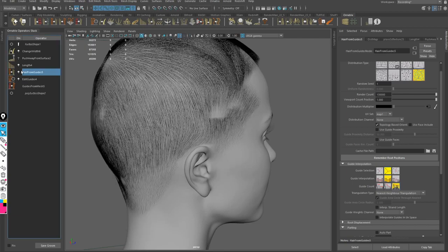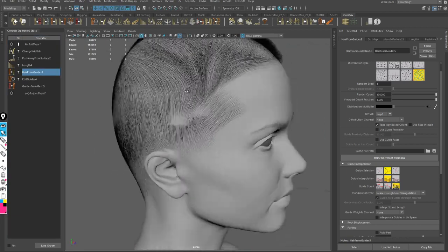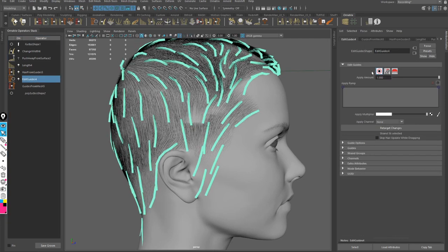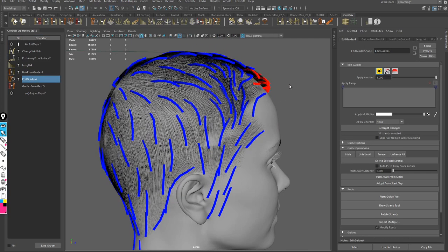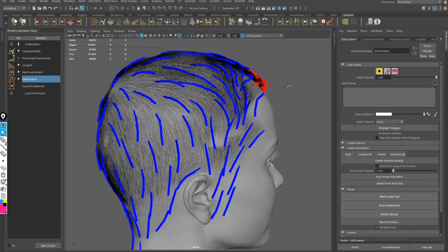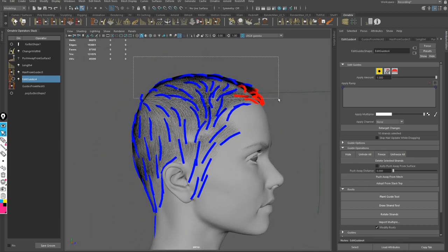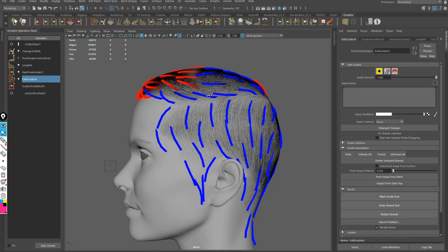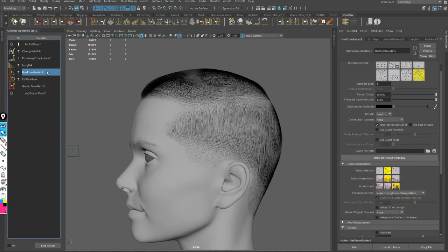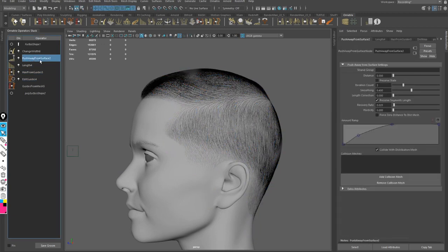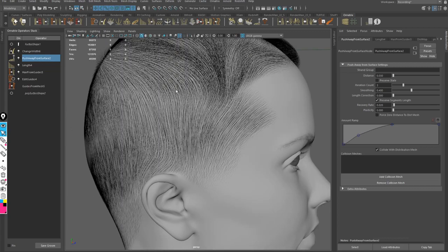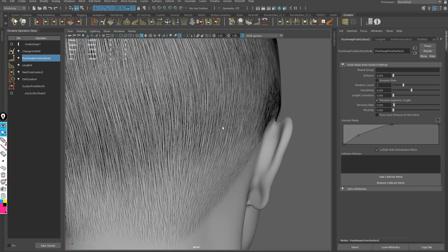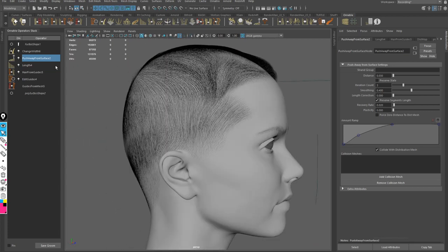Give it a few seconds. Maybe the length as well. And let's give it a try. Going to select the guides on the top. Oh, let's try something. I want to show you this. So now that we have the hair with different lengths,